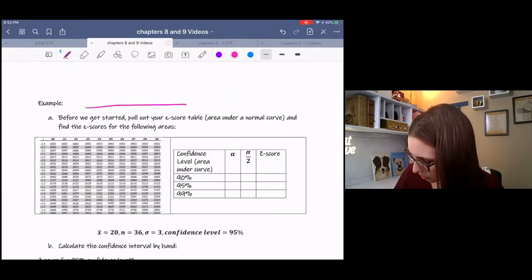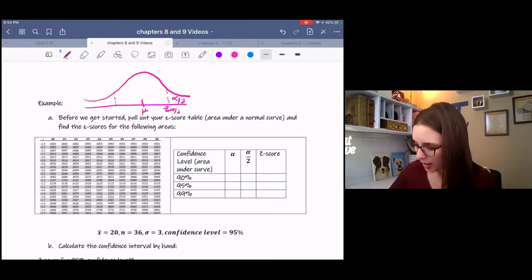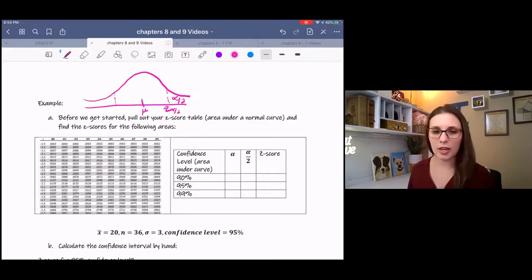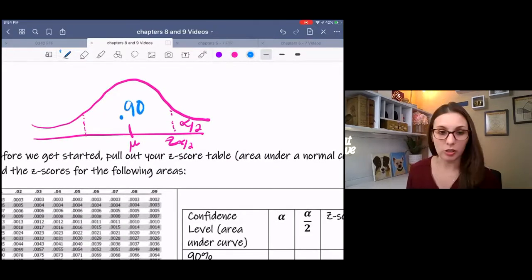So if I were to draw my little sketch, this is z sub alpha over 2, and this is alpha over 2. I'll show you the first example. For a 90% confidence level, that means that your 90% is in here,